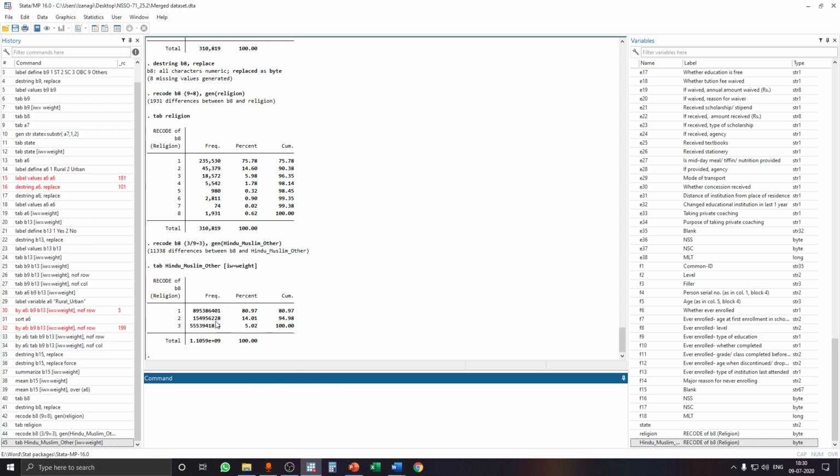Now we have clubbed them into 3. If we want to compare Hindu and others, again we have to use the same recoding process. So recode b8, bracket, give a space, 2 divided by 9 equal to 2, bracket closed, comma, generate